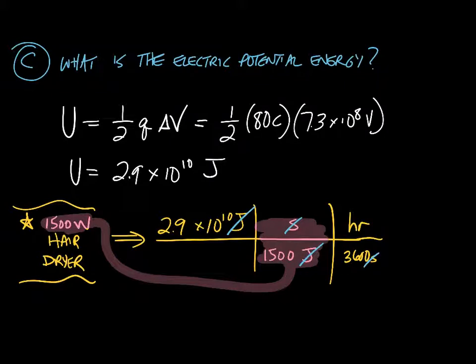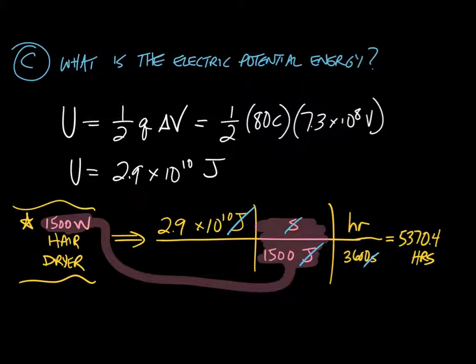And so if I go through all of this math, this is going to equate to 5,370.4 hours. So the electric potential energy of this thundercloud, this 2 kilometer by 3 kilometer thundercloud, could run a